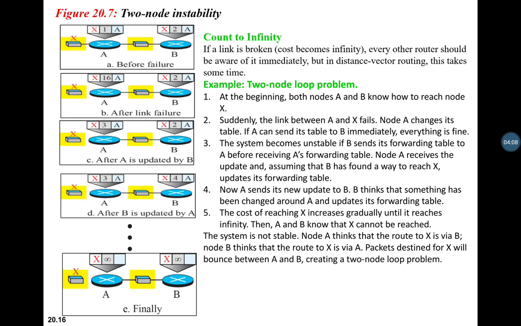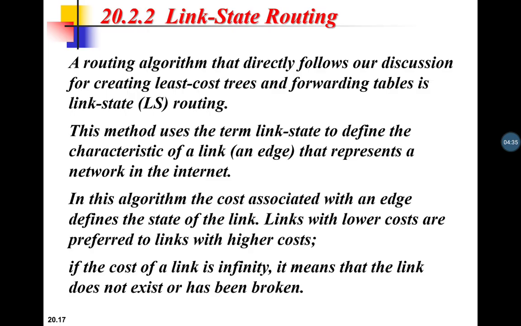That is the split horizon table, where node A keeps the value of infinity as the distance to X, and later when node A sends the forwarding table to B, B also corrects it. Since flooding is not done and each node sends only part of its table through each interface, it is said to be split horizon. So here the instability can be removed.